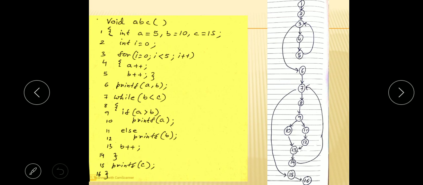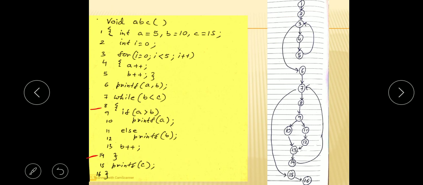Okay, so at 8 the body of the while loop is started, then 9, then 10, 11, 12, okay, 13 and 14. At 14 the body of the loop is reaching the end of the loop. Okay, so here from 8 to 9 there is a sequence, so there is no problem from 8 to 9. After that